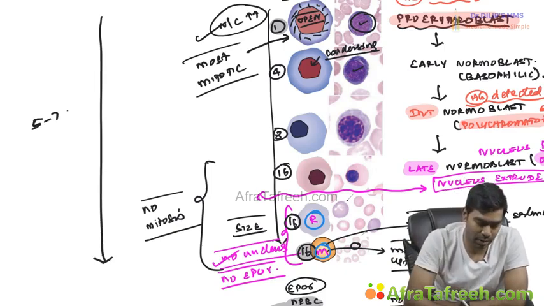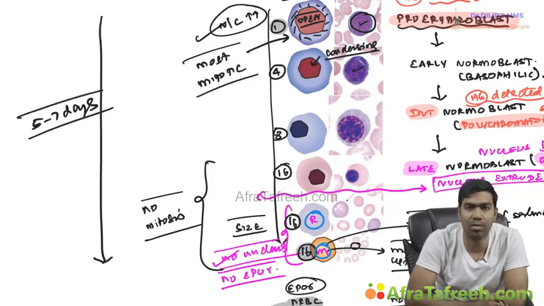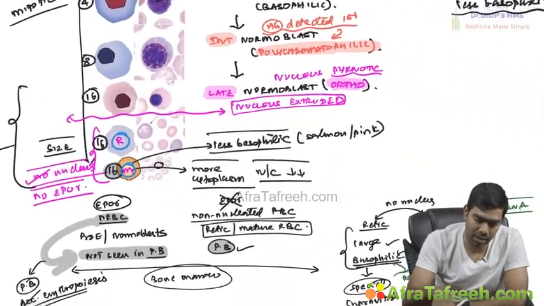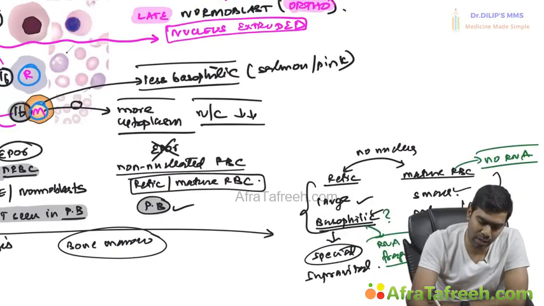That's also a question. It's approximately 5 to 7 days. It's going to take around 5 to 7 days. Similarly, to convert from a reticulocyte to a mature RBC,